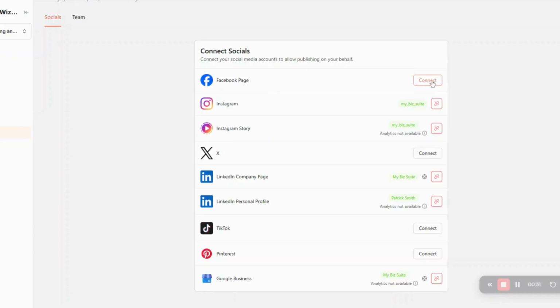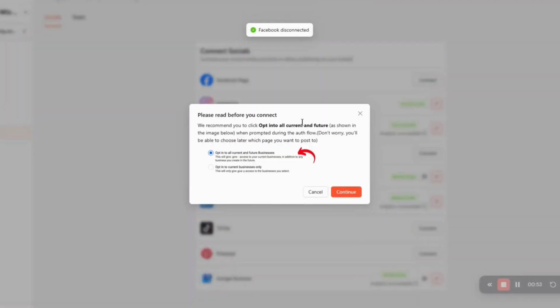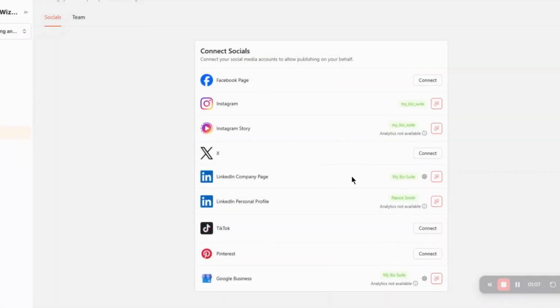I would just come in here and hit Connect. Note, you want to read this. You're going to make sure that it says opt into all current and future businesses, because if you're like me, I have multiple business pages that I manage in Facebook. Then you're going to hit continue,